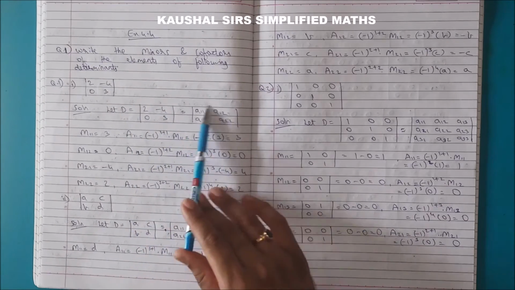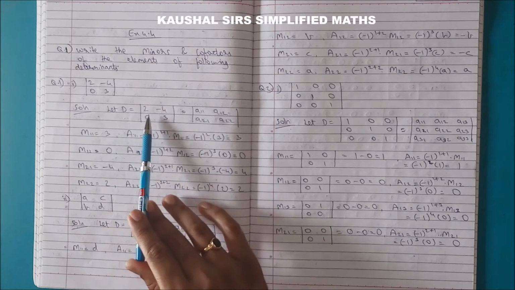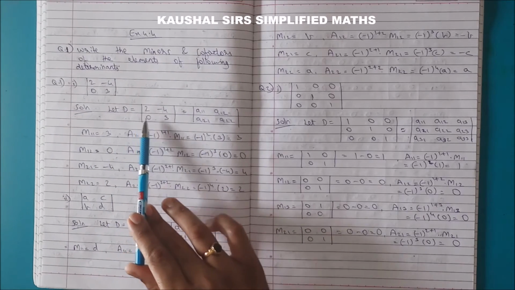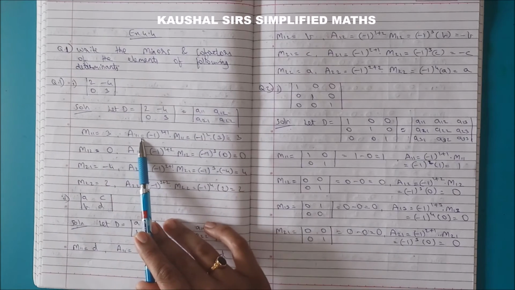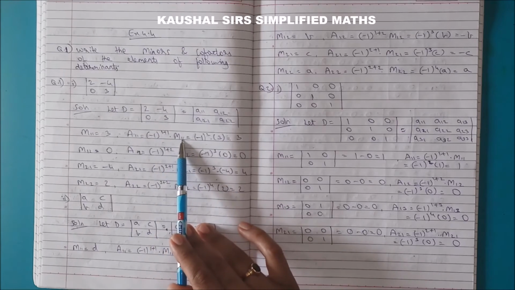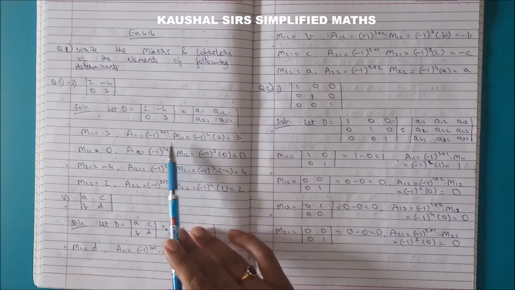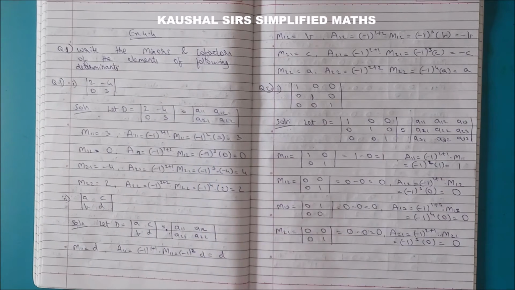You can say it is of this form. 4 elements present है इसमें. तो again we start with minor of A11. इसका minor कौन सा होगा? Diagonally opposite element which is 3. And cofactor का formula लगा दो, A11 is -1 raised to 1 + 1 into M11. So -1 raised to 2 आएगा और M11 का value मिला है 3. So it becomes 1 into 3 which is 3.